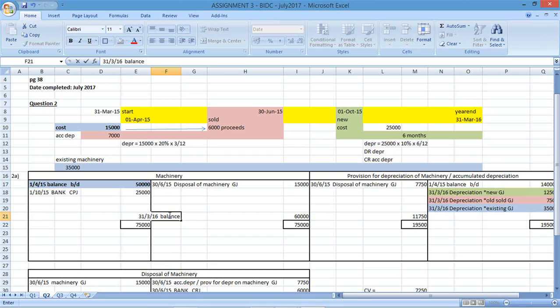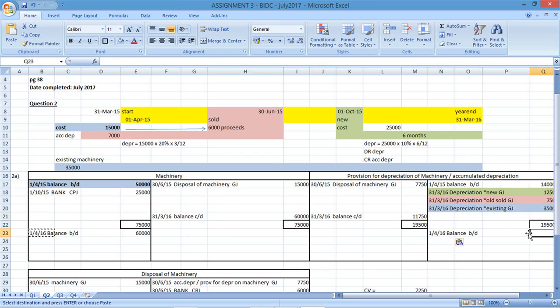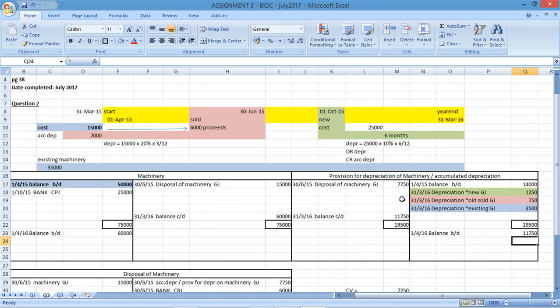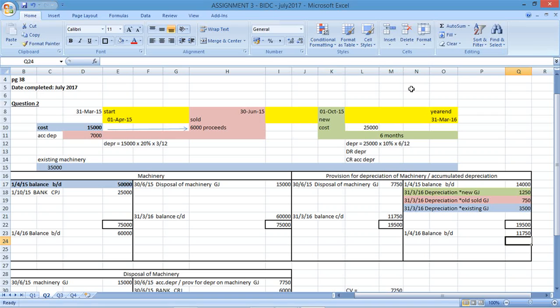Balance carried down, 1st of April 2016. Balance brought down, and I would then show balance brought down, carried down, and I would do the same thing for this side of the account, and I would show the balance that we've carried down over there, and that's what we've got for this particular